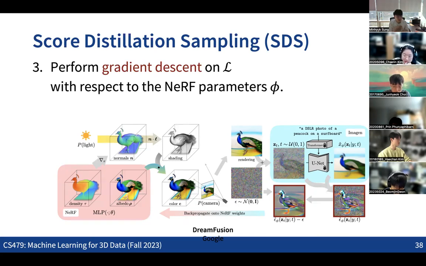But instead of using that loss, we now use the loss function of the diffusion models, perturbing the rendered images, predicting the amount of noise that we added, and minimizing the difference to run backpropagation. This is the only difference. And it's surprising that this small difference converts the NeRF pipeline into a 3D generation pipeline.